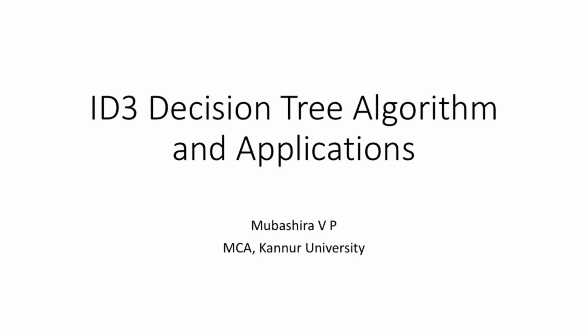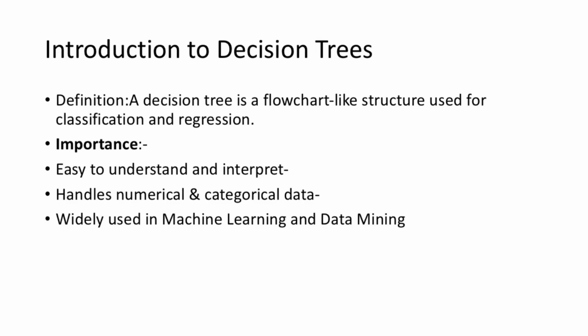Today, let's discuss the ID3 decision tree algorithm and its applications. A decision tree is a flowchart-like structure used for classification and regression. Its importance: it is easy to understand and interpret, handles numerical and categorical data, and is widely used in machine learning and